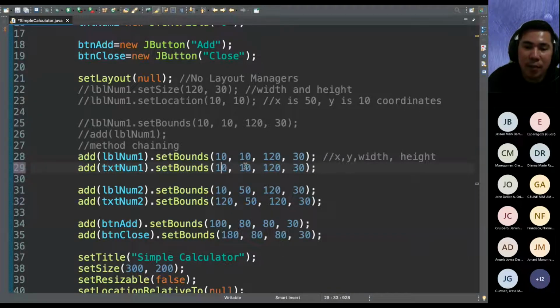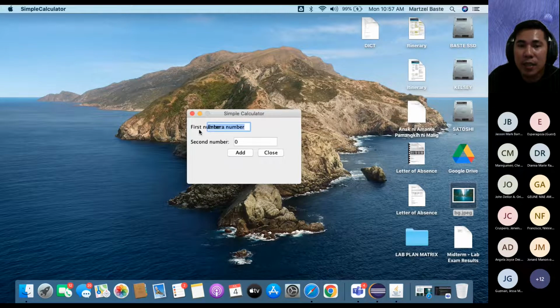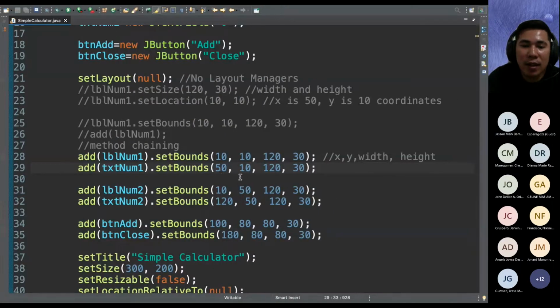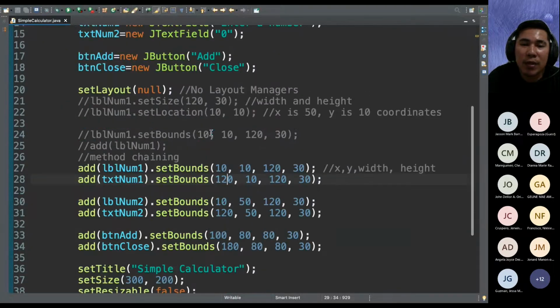Otherwise, it will overlap. Example, you set this to 50. So when it is 50, it means the x is 50 and it overlaps. So to give allowance, you can either set it to 140 or probably 120, if you don't have a long message in your labels. So since it fits, then we could have it at 120. So the x is 10, then the width is still 120, the same, so they are the same size, and then 30 is the height. Okay, so now this is the first